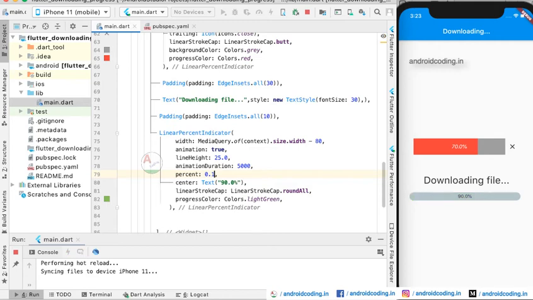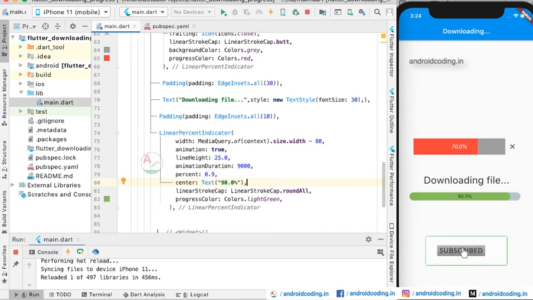And if you want to test it, you can increase the time to 9000 milliseconds and try to load the progress. You can see it gets loaded slowly. So the animation duration we are specifying in terms of milliseconds here, and here the text, we are specifying 90% here, right? We can specify whatever text we require.